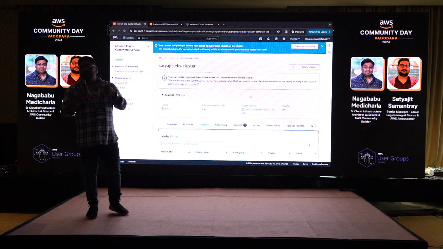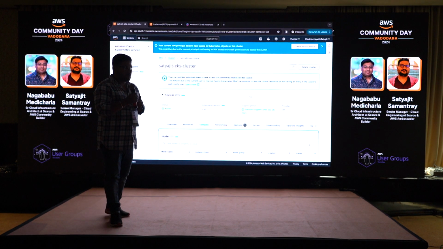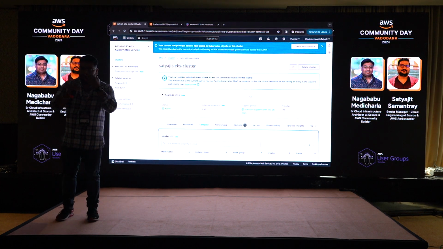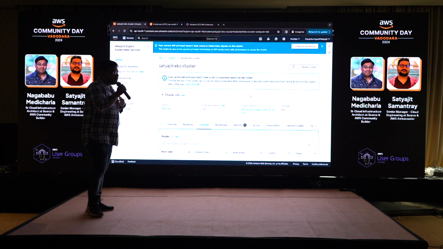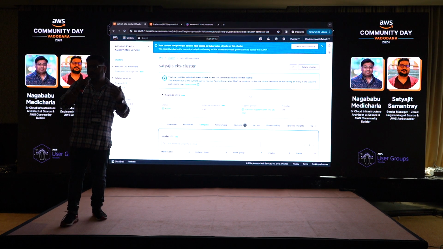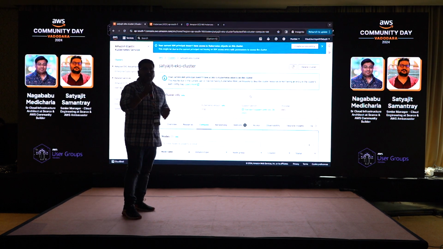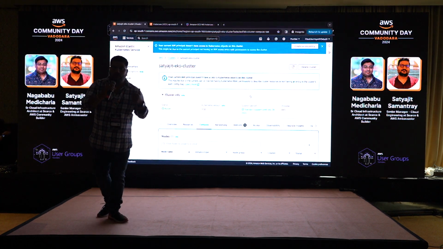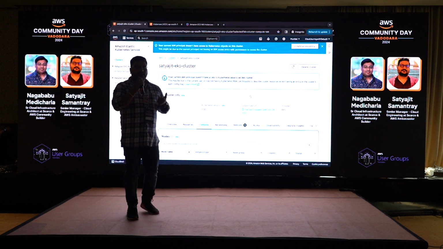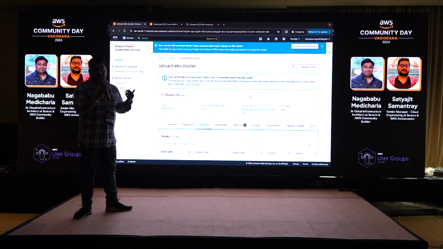install Karpenter. So how do you get to know that Karpenter is up and running, and then we create a deployment file. We created a deployment file where we just increase the replicas, instead of 5 we make it 20, so that the pods come into pending state due to unavailability of nodes. Then how Karpenter gets to know that, and it will bring a new node. Okay, so the pod will get into running state. And also once we delete the replicas, the pods will come back down, so the node will go down. We'll just verify that.